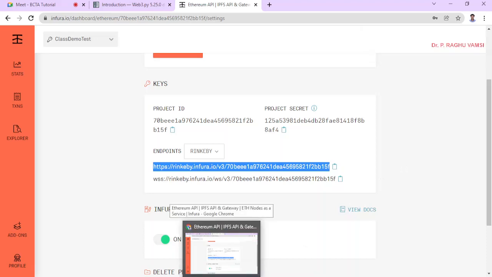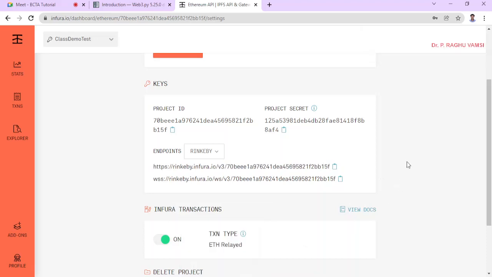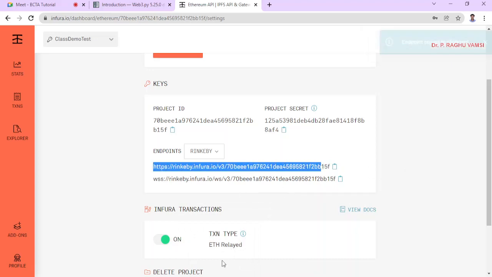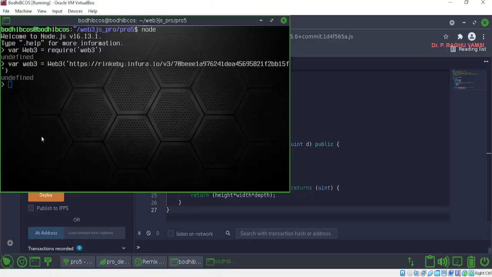I hope by this time you come to know that the one who wants to communicate with our network may use this endpoint, and they may communicate with our things. Whenever we develop a front-end application, the front-end application is connected to this endpoint.